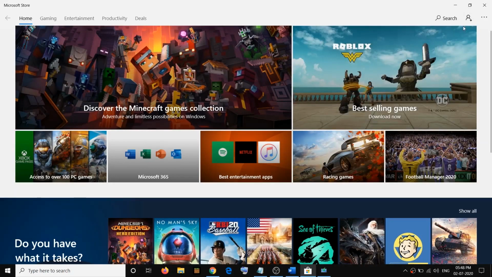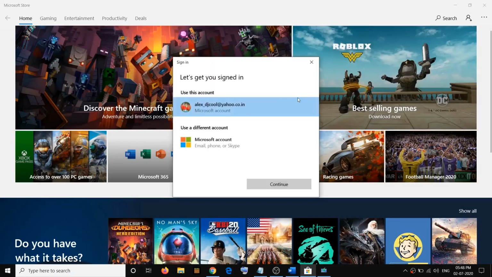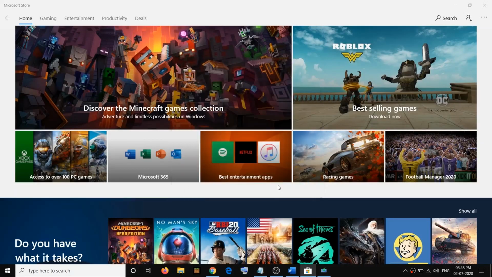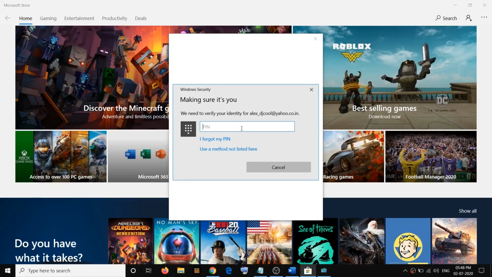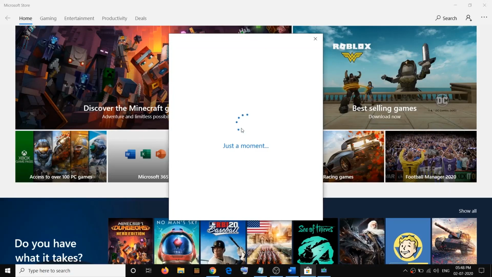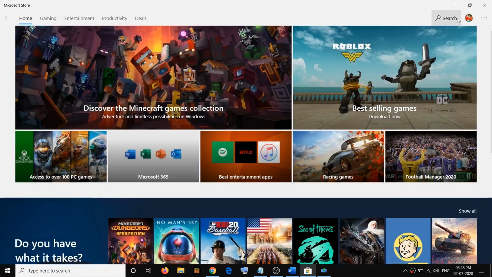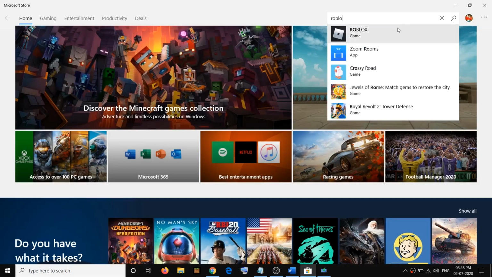Click on this profile icon, click on sign in, select your account, click on continue, enter the PIN or password, and then after you're logged in, try to go ahead and download Roblox once again.